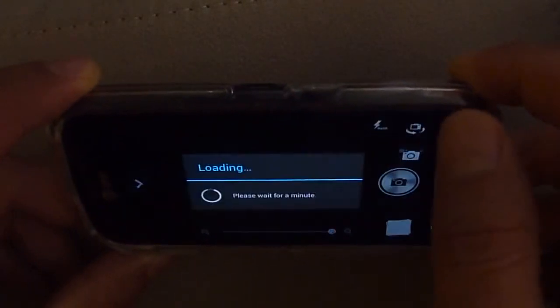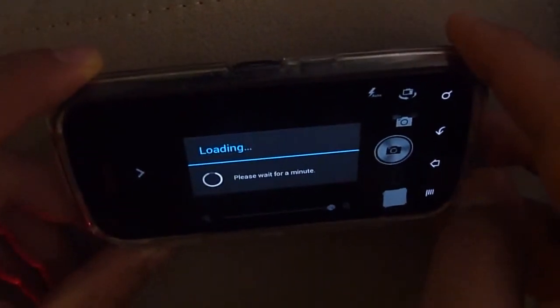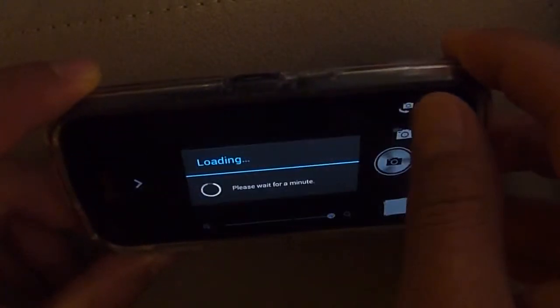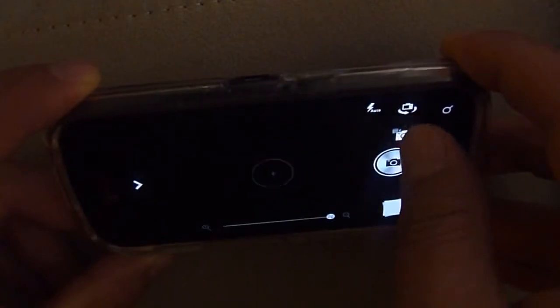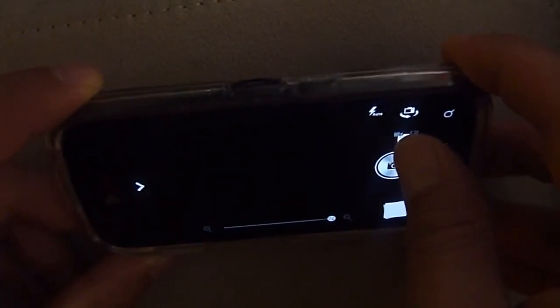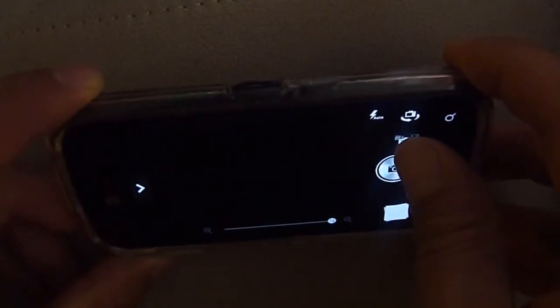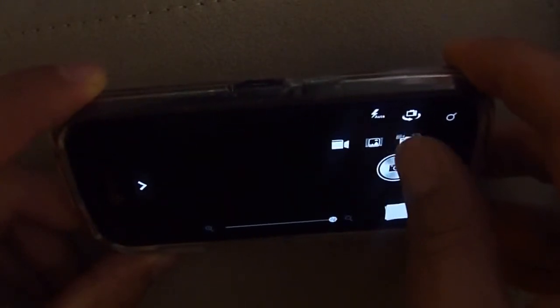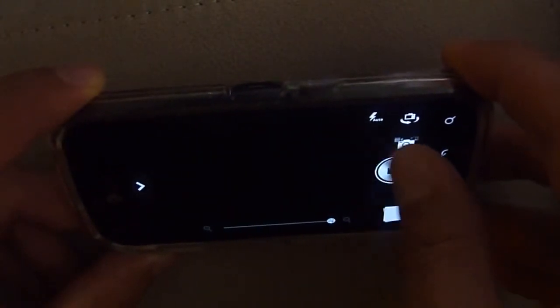Switching between front and back camera isn't too hard. You just click over there for front. On Gingerbread it's kind of easier because they just use words like front and back, and on Gingerbread you could just slide to change from camera to recording. But as you can see, they added a big feature for the camera in ICS, the panoramic view, which,